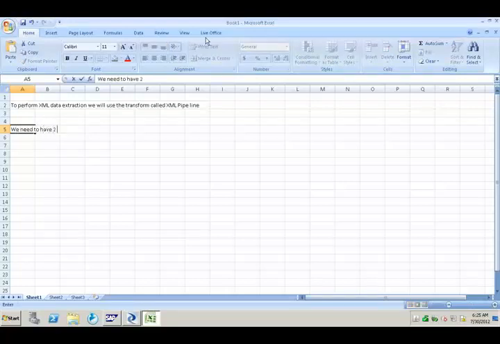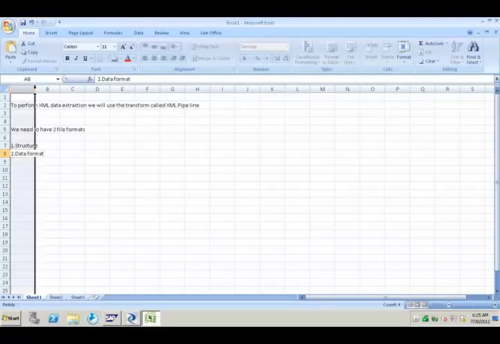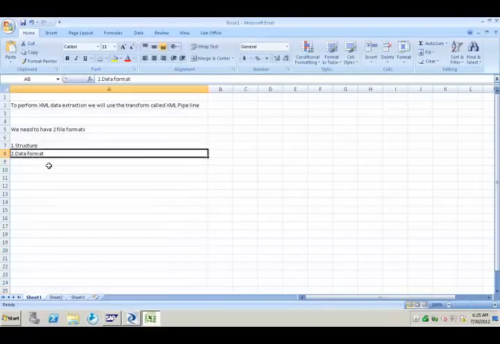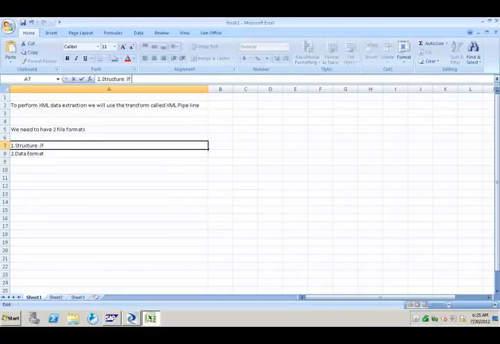Now, to perform XML data extraction, we need to have two file formats. Number one is the structure format. Number two is the data format. These are the two things which we have to know in terms of the file formats. If the structure format is in document type definition, then we have to create a DTD format.